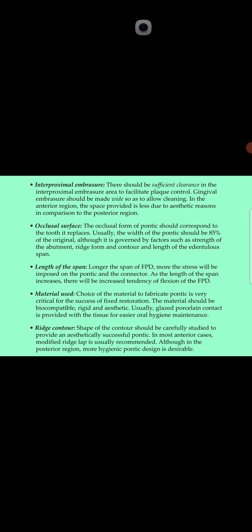In the anterior region, the space provided is less in the interproximal embrasure due to aesthetics. In the posterior region, there will be more space in the interproximal embrasure. This is again an MCQ point. In the anterior region, the space provided is less due to aesthetic, but in the posterior region, there